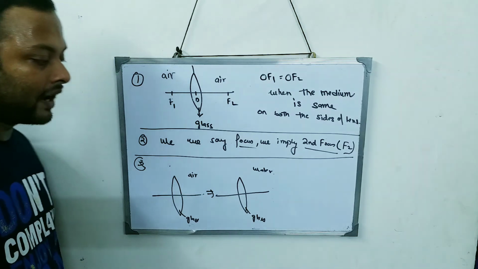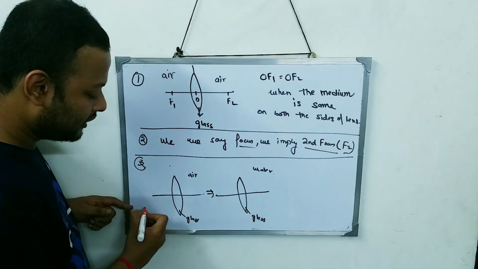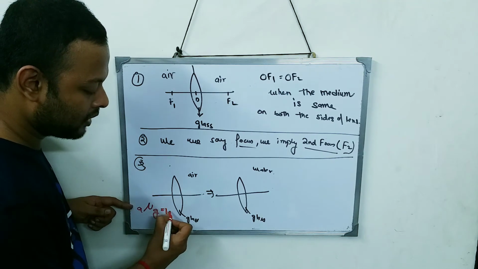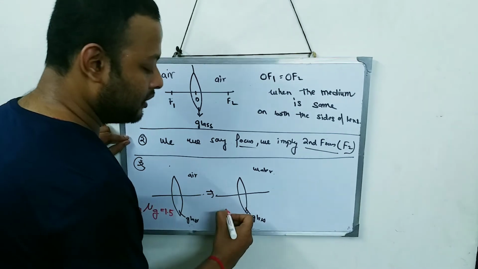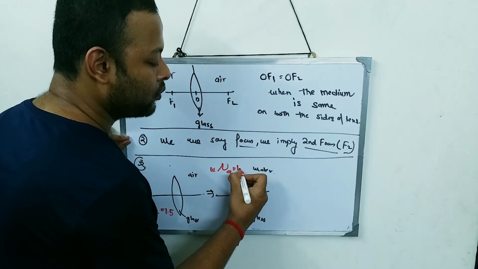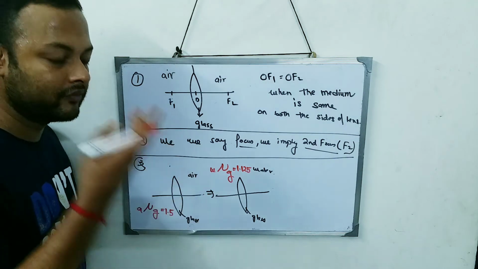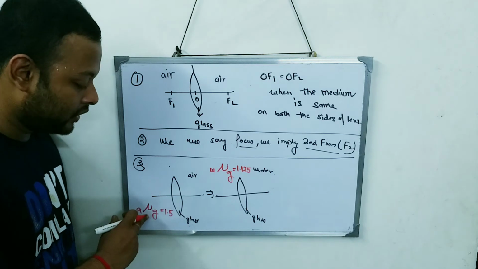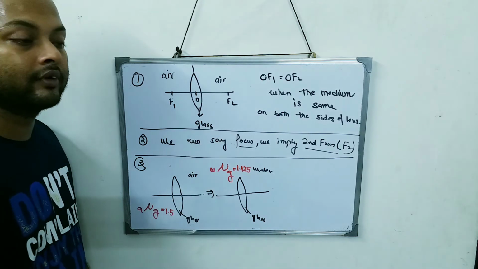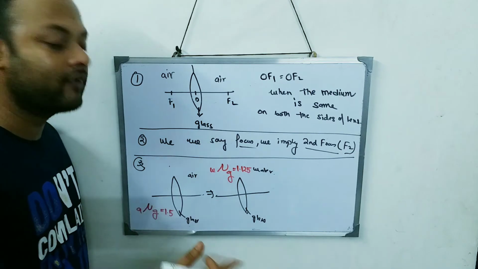Right now we have to understand it this way. There are certain things not written in the book. The refractive index of glass with respect to air is how much? 1.5. And the refractive index of glass with respect to water is 1.125. You can calculate it from the previous chapter. As you can see, the refractive index is decreasing from 1.5 to 1.25. If the refractive index decreases as we dip the lens from air to water,